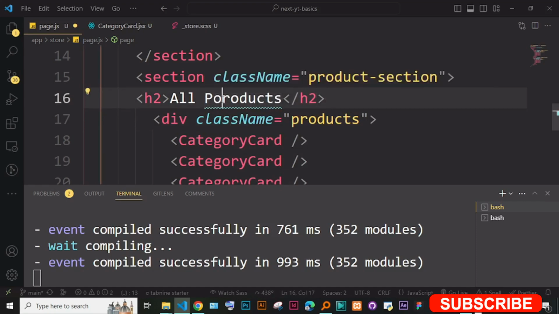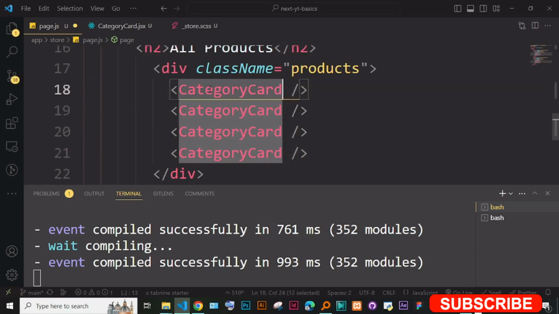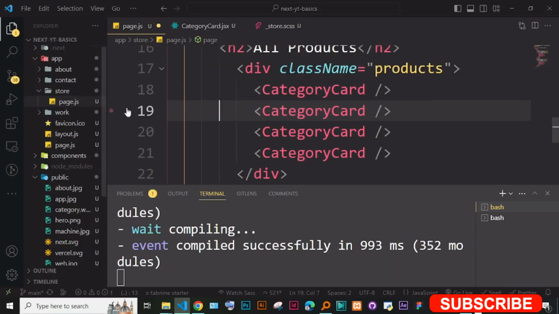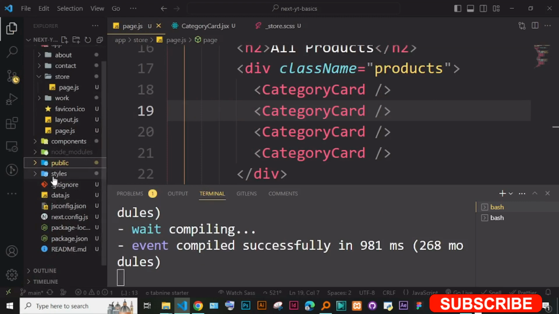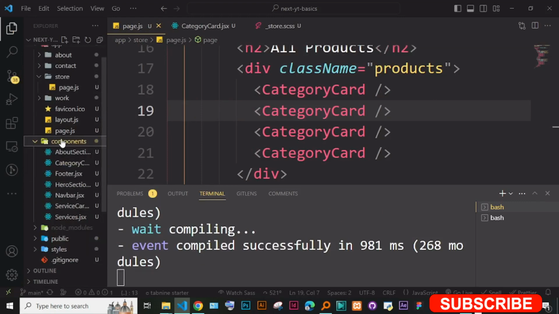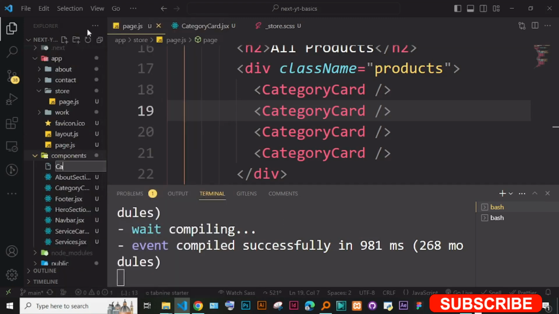Okay, all products, just like that. And here instead of category card, you're going to put a product card. Let's first go and create that one. So in the fabric, here in the components, I'm going to create a new file. I'm just a category, not category, product. Sorry guys,